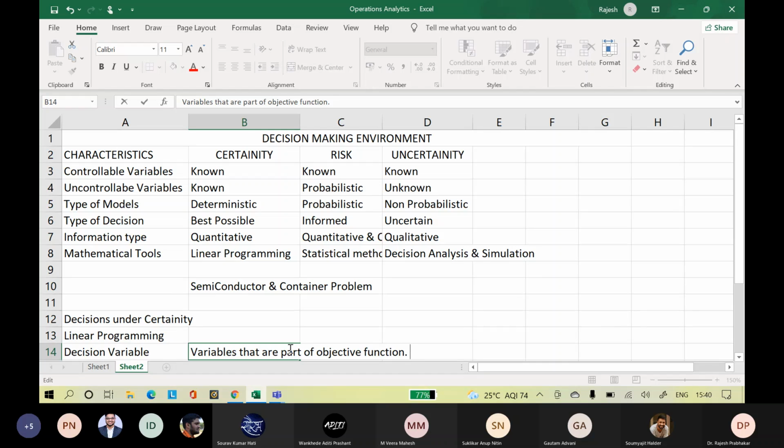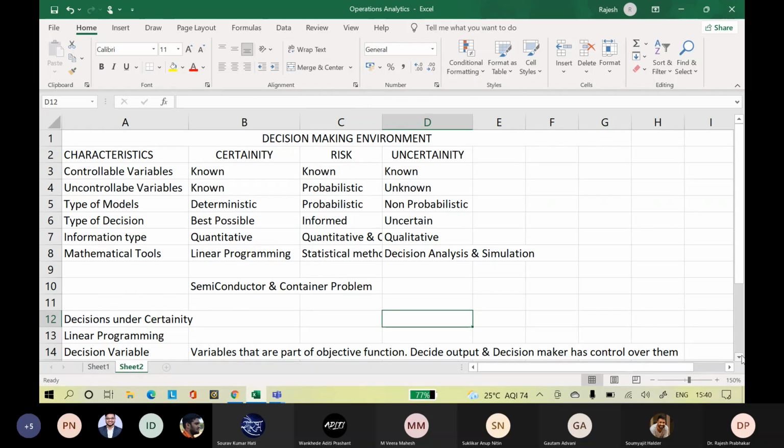These variables decide the output, and the decision maker has control over them. This is the definition of decision variable. Is this clear, participants?